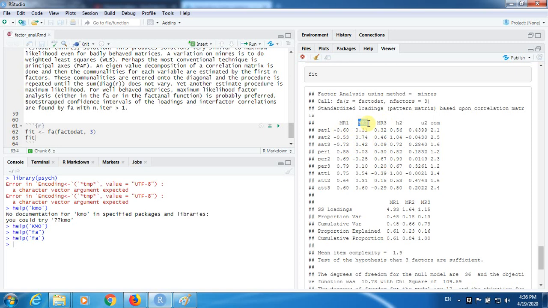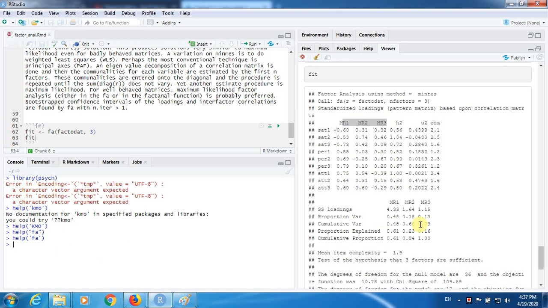Factor 2 helps us to understand the relationship between the satisfaction and attitude. Factor 3 helps us to understand the relationship between the satisfaction and perception. So that is precisely the interpretation for this factor analysis. A single factor solution is best, and a three factor solution is not good. But if we force the analysis, we can even get the